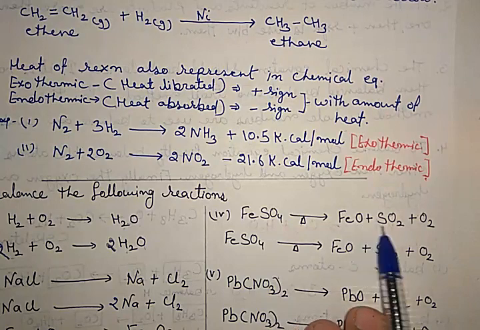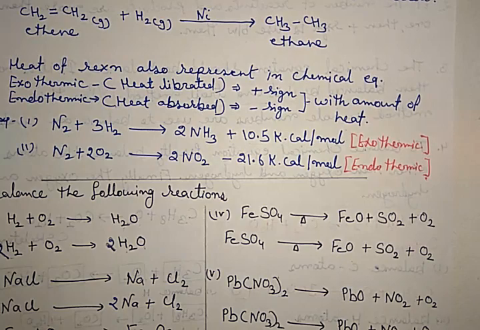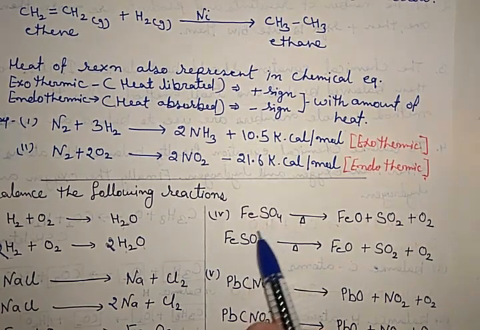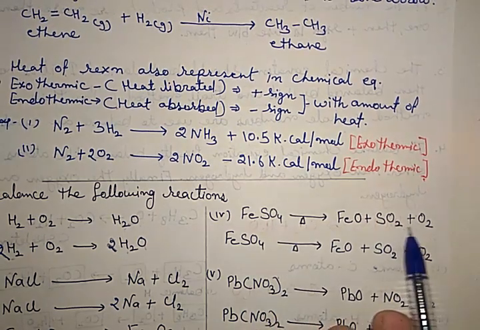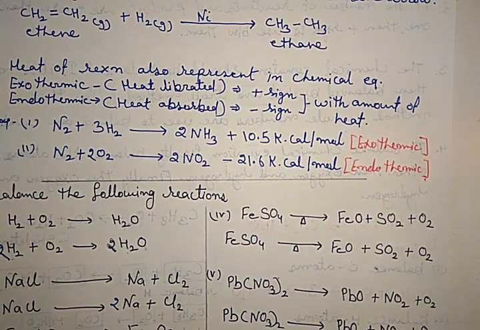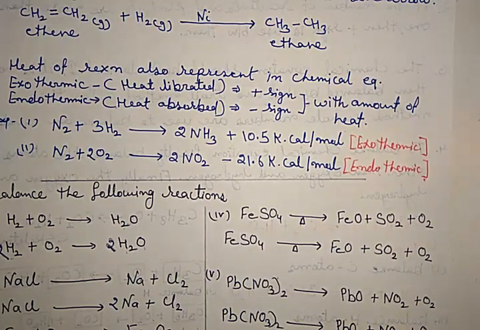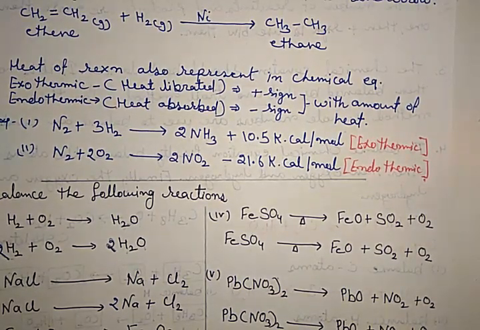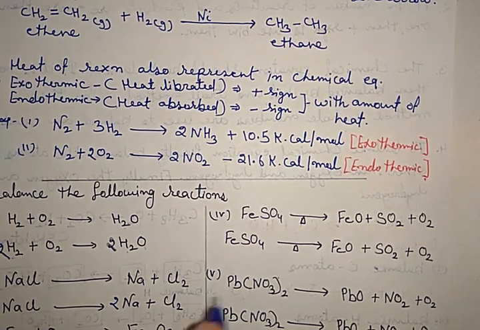Now that one, Fe2(SO4)3 equals Fe2O3 plus SO2 plus O2. Clear? Here if we count oxygen, that is 4, that is 2, 2, 1. Now 7. How can we balance 4 and 7? Yeah, we can go at 28, but let me try one more, because it is a hit and trial method. In Hindi we can say tukka method. So let's try one more tukka, that means one more attempt.